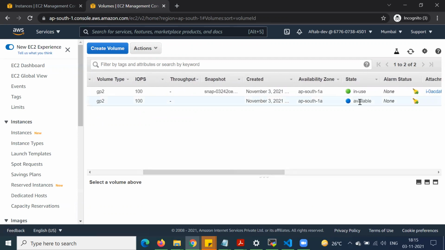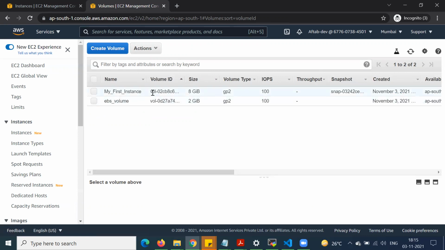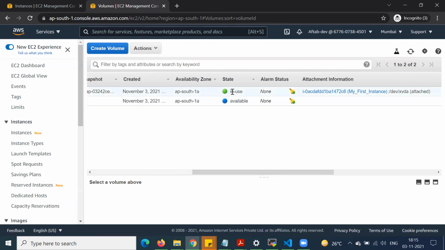Okay, this comes first. So 8 GB, it's the root EBS volume, right? You can see it is in use, and the volume which we just now created is in available state, right? That means it is now ready to attach to any running EC2 instance.